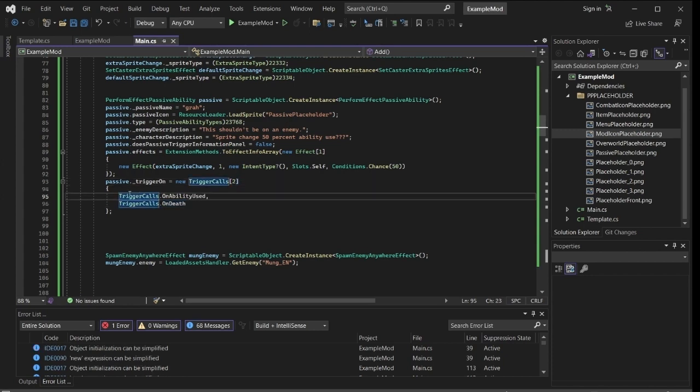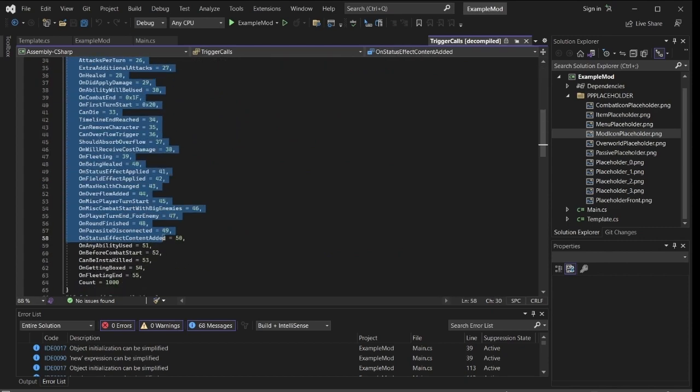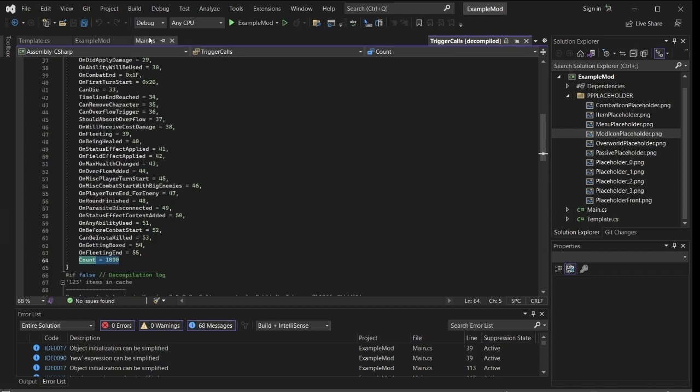The list of trigger calls: if you right click trigger calls and go to definition, you can get this whole list. This is all the trigger calls in the base game. All of these get used except count. Count is a very specific trigger call. If you set the trigger calls to count,